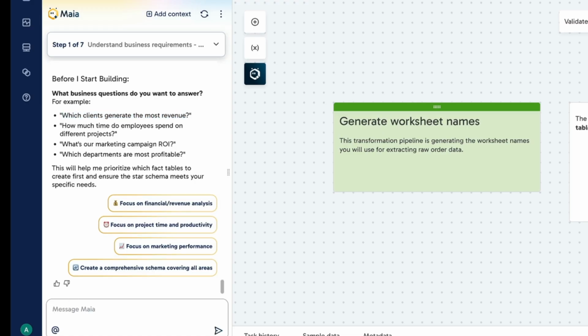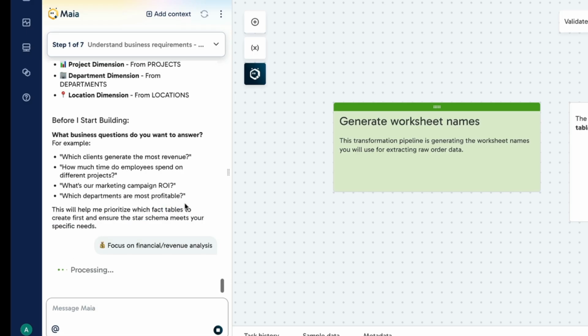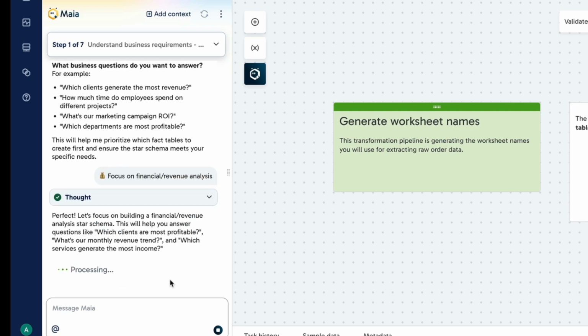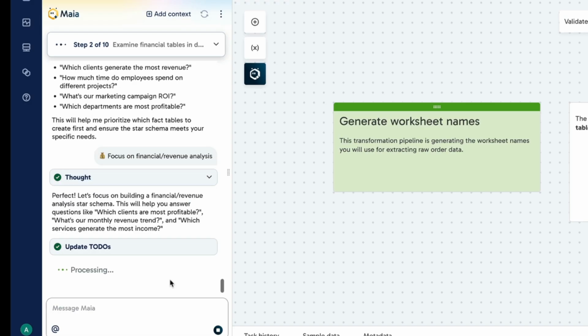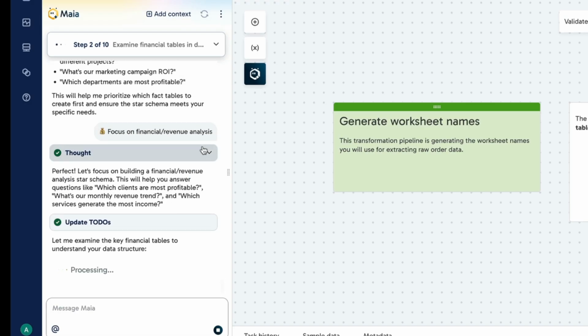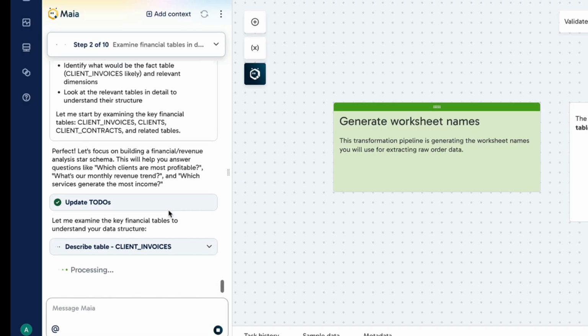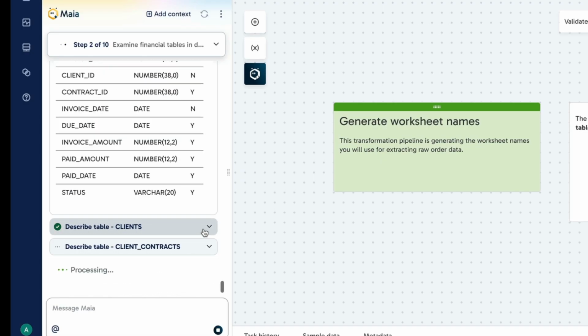And the great thing is it's asking about the business questions that need to be answered. So it's following a logical pattern, one that you would want to follow if you were actually building a dimensional model from scratch yourself without the ability to use an agent. So I've said focus on financial and revenue metrics. So off it goes, it tells you the agent structure of how it's going to break down these tasks, which